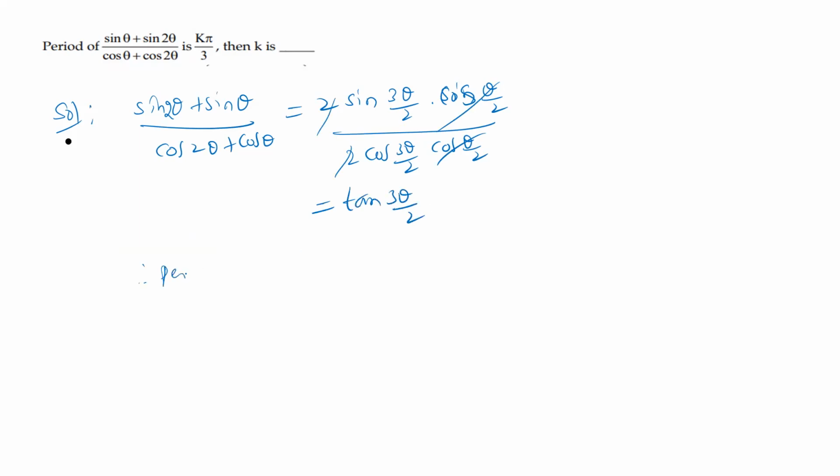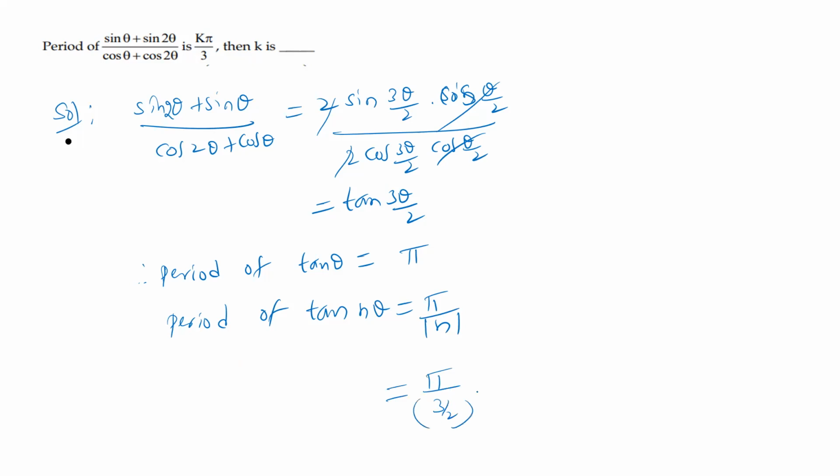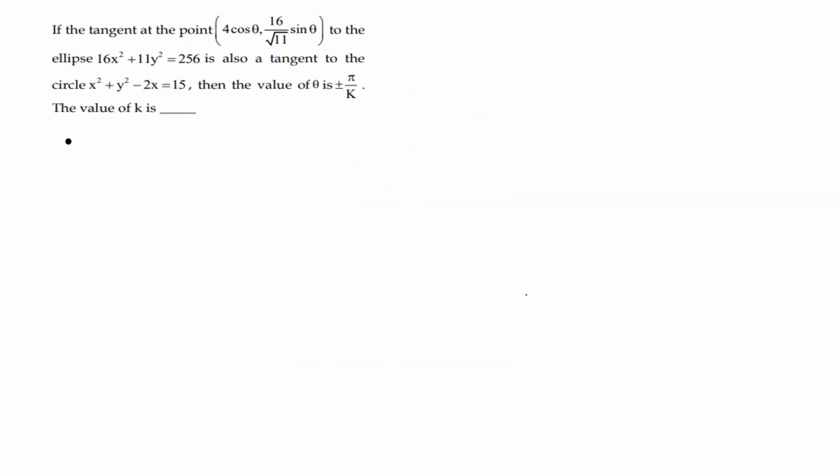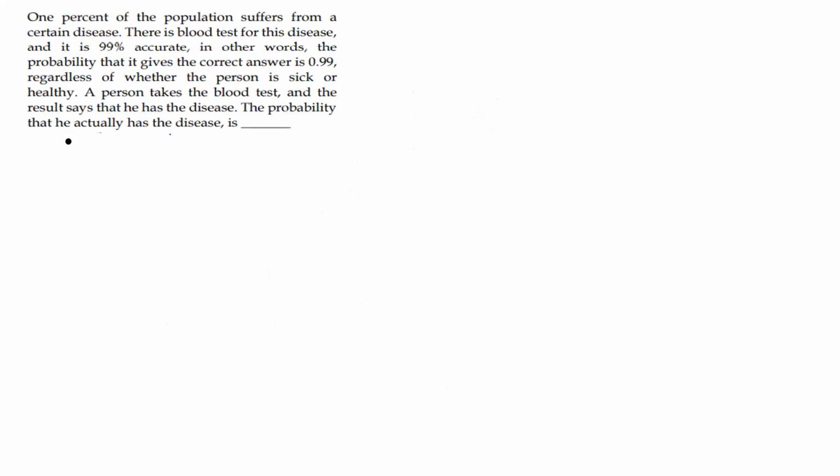Remember one thing. What is the period of tan theta? Period of the tan x function is only pi. In the same form, the period of tan nx or tan n theta means pi by mod n. N can be negative or positive, we will take mod n. Same, and here already the n value, how much? 3 by 2, positive. That's why what period will come? Pi by 3 by 2, that is 2 pi by 3. 2 pi by 3 is already k pi by 3. Now in the place of k, what is there? K value 2. That's all. It's already repeated in previous exams we gave. Okay. Next.